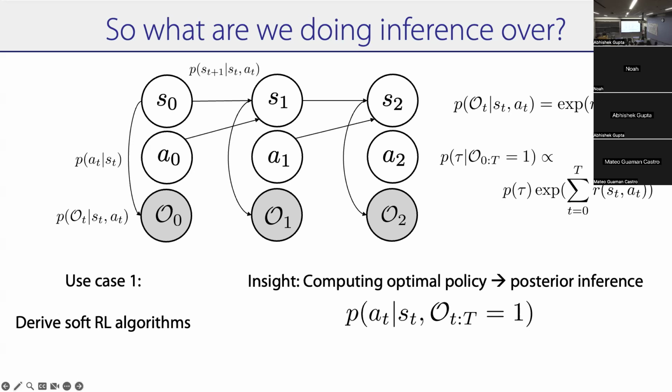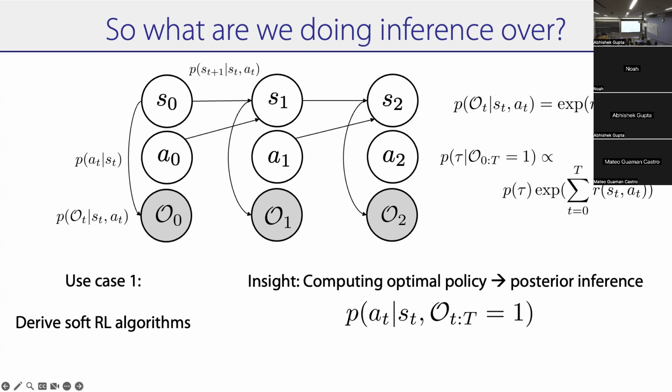And so we're saying there's no optimization, there's just inference, right? And when you infer things conditioned on optimality, we'll get something that looks like maximum entropy RL. And so really what we're saying is an optimal policy is P of A_t given S_t and future optimality. And we're trying to find tractable ways to compute this posterior. Yeah? Does this strike a bell for everyone?